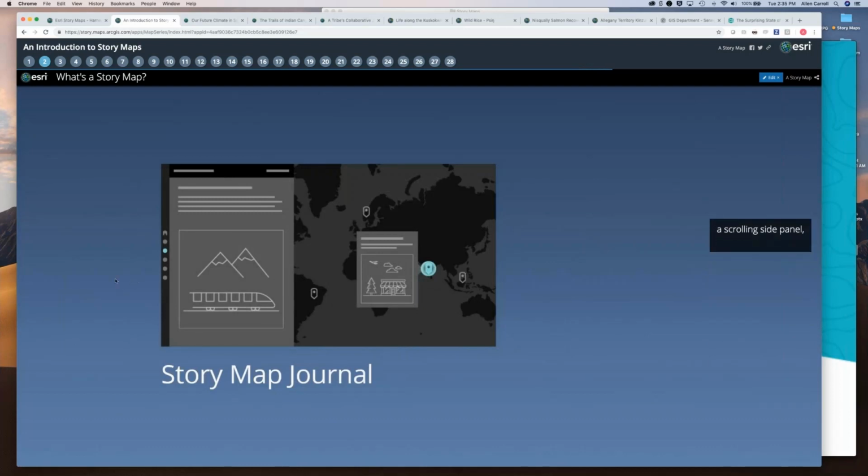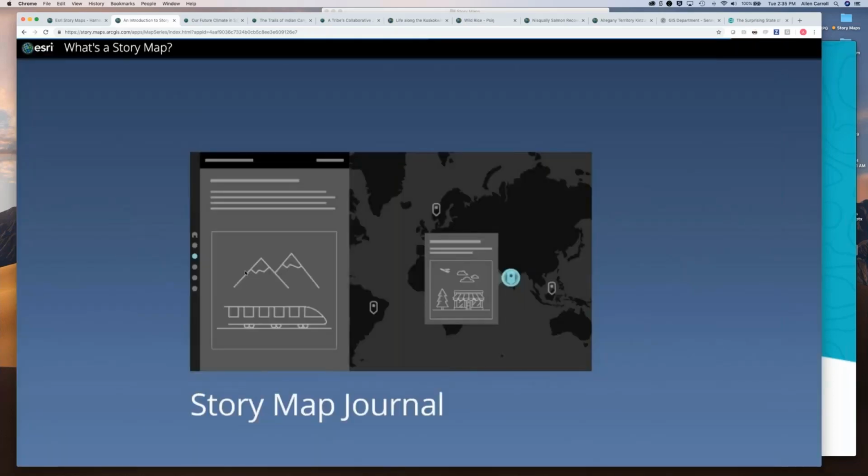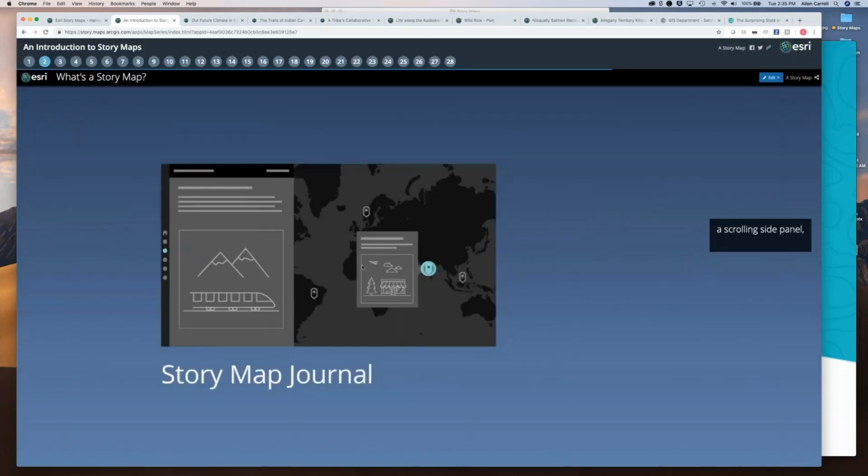Our most popular app is Story Map Journal, and instead of the whole screen scrolling, what we call the side panel scrolls, and as you move from section to section within the story, the rest of the screen or the main stage updates to show actually whatever you want to show, anything with a URL. So that can be a web map. As you go from section to section, you might move around within a web map. You might show different layers within a map. But that main stage can also show photos, videos, other story maps, pretty much anything. And you can incorporate multimedia content even in the side panel as well.